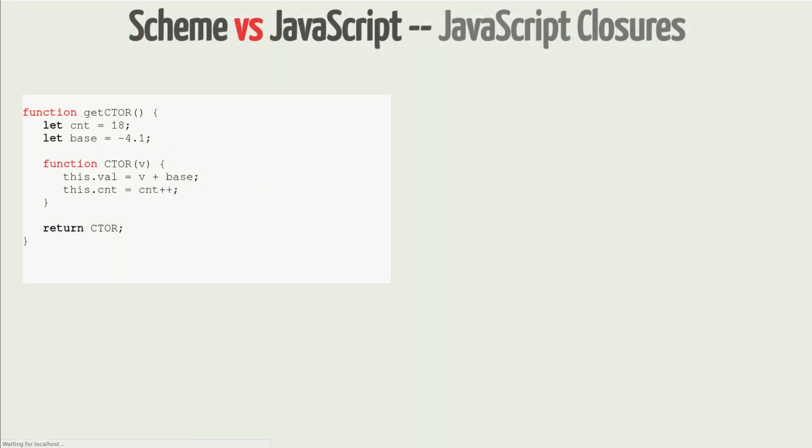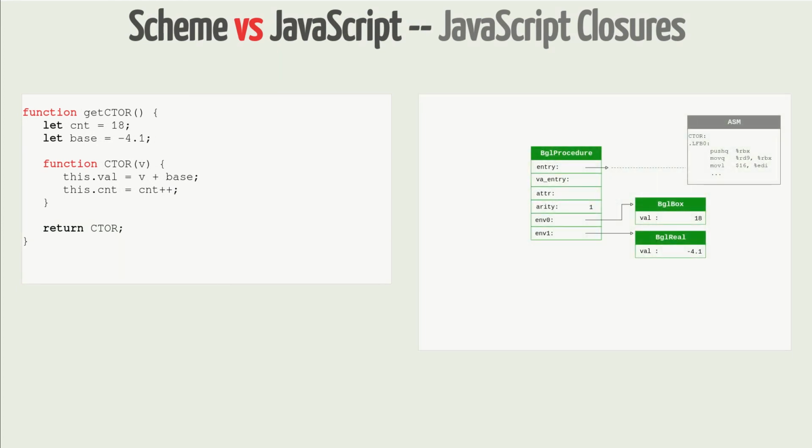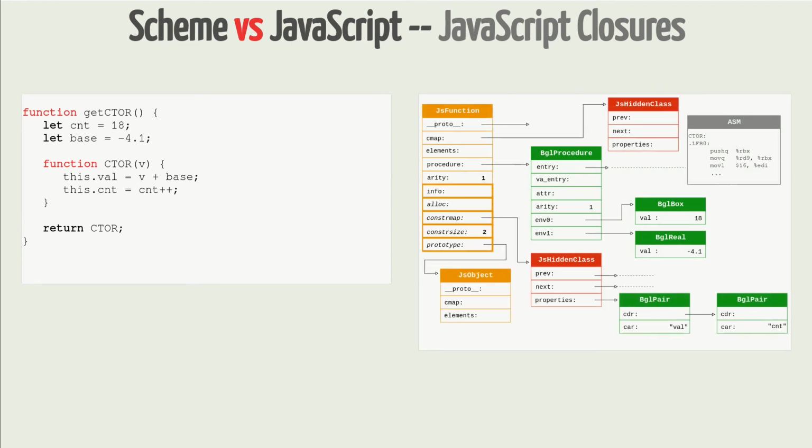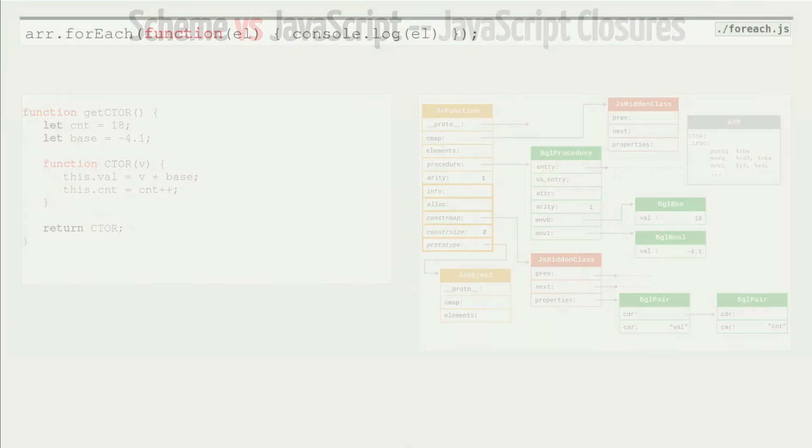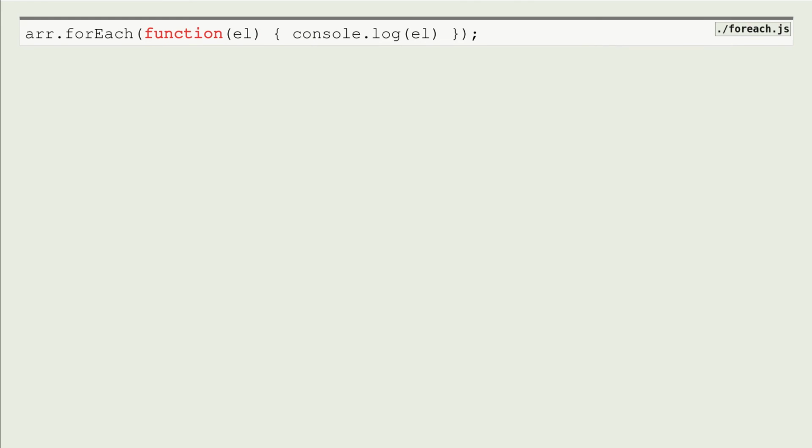Here is the similar function implemented in JavaScript. Because it is a regular object, its implementation is more complex than the plain Scheme implementation shown in the figure. In addition, extra values are allocated. Obviously, JavaScript functions are much more expensive than Scheme functions. To mitigate the problem, we use ad-hoc compilation patterns. We present in this slide the one used to compile forEach.